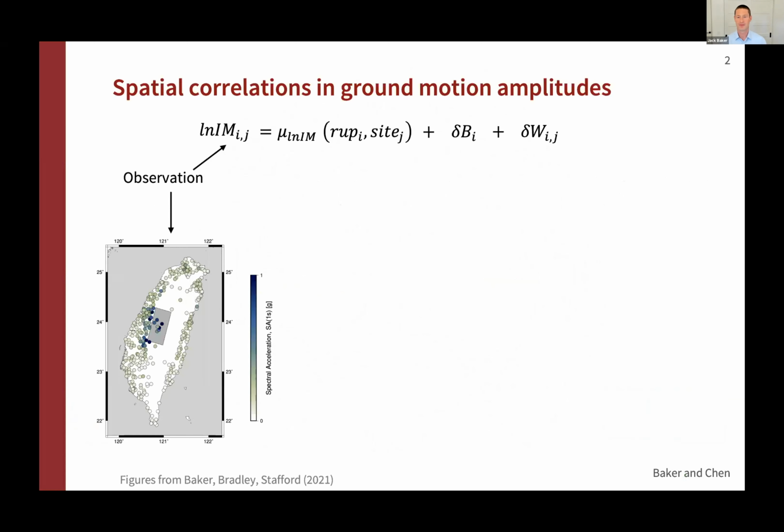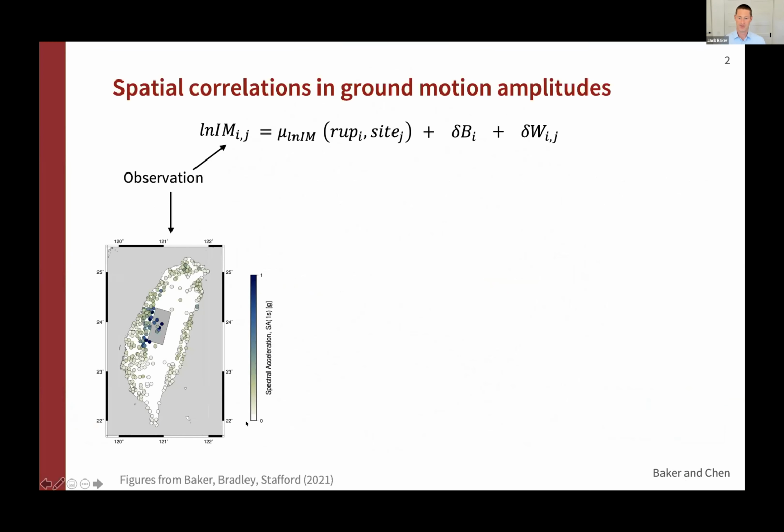So first, let me talk for a couple slides about spatial correlations and mathematically what I mean when talking about these spatial correlations and ground motion amplitudes. And I'm going to start with recorded ground motions as motivating data, and then shift over to simulations in just a moment. So if we take a set of well-recorded events, so this is a map in the lower